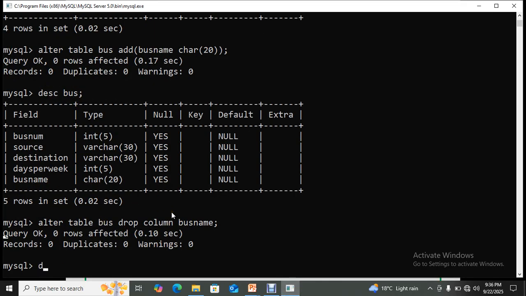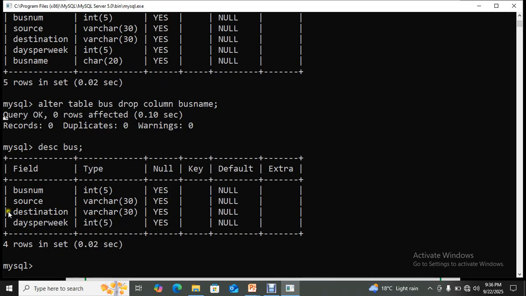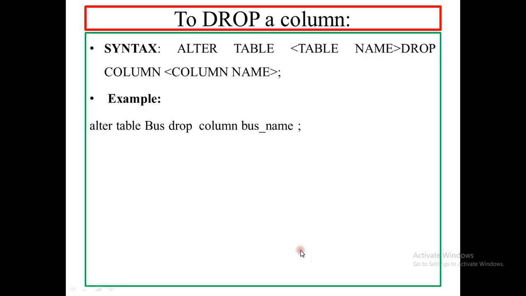Now let me check whether bus name is really removed from here or not. Desc bus, then it looks like this. Now it is removed. So this is how we can add a column, and how we can remove a column. Okay, very good. Then,